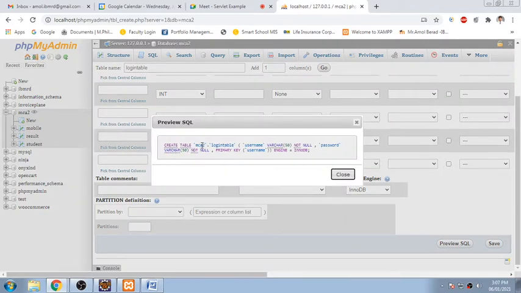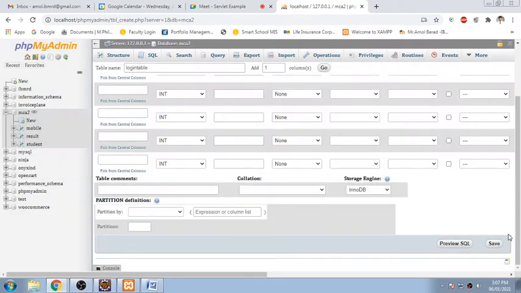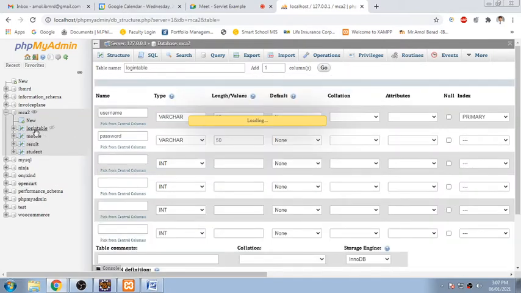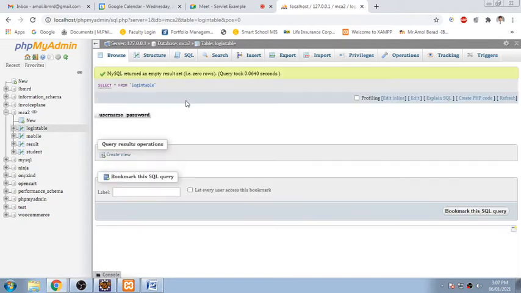We are creating a table MCA2 login table with a username field and a password field, and we have made username the primary key. I'm saving this one. When I save, the table is automatically created on the left hand side, and see, this is the login table. When I click on it, you will get the structure of this table.